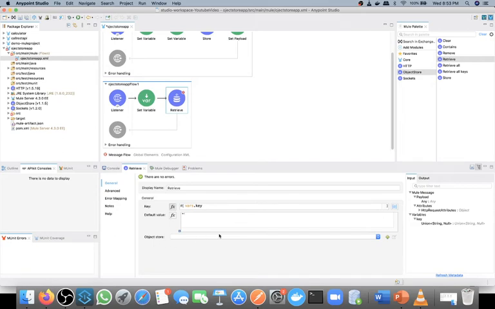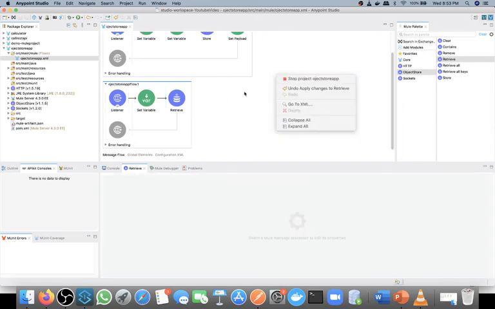Now I need to select the object store, so I will use the same object store that I created. Now everything is done. After this, the retrieve operation will go to the object store, check for this key, and whatever value it gets, it will respond back. We will get it inside the payload, so we are sending this payload back.